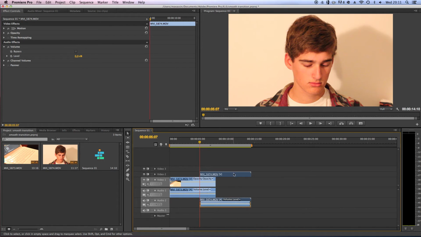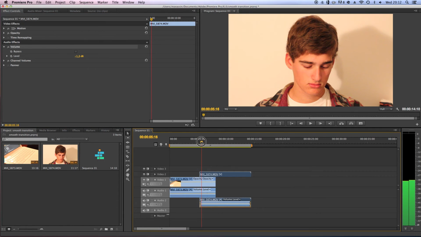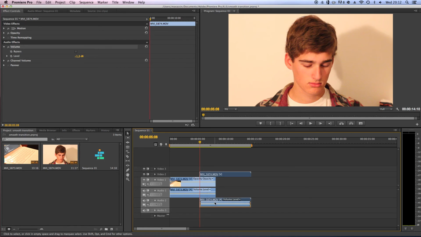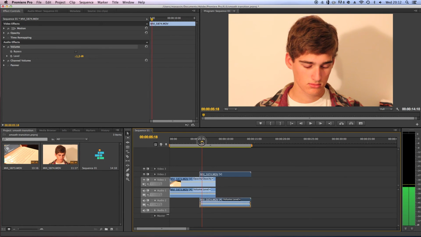So if we change to the second scene, we can see up here under the Effects Controls panel, we have the volume, and we can adapt the volume the way we want. Now let's say you want to say, okay, we cut to the new scene and there's no one talking directly and we want to slowly introduce the audio, then what we can do is, if we go right to the start, we can hit this little